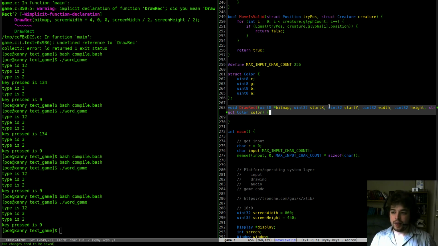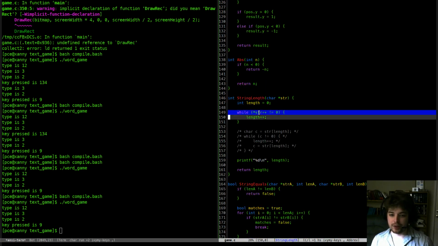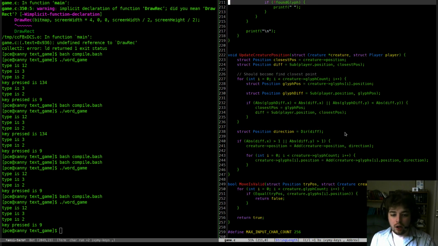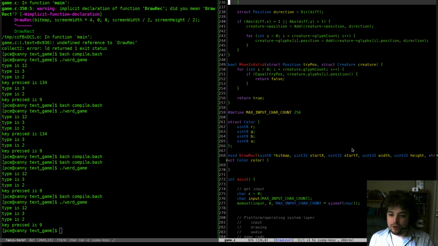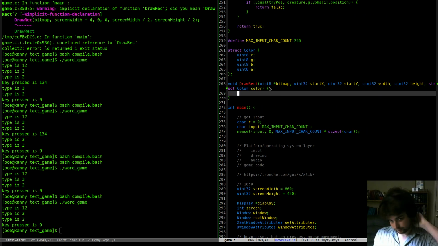So this is where using pointer arithmetic, like I demonstrated a few videos ago, gets very cool, right? If we go back and look at our string length function, you can see we're taking the address and we're adding numbers to it, right? So what we can do here is